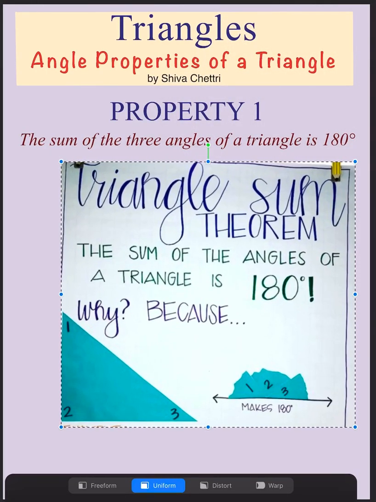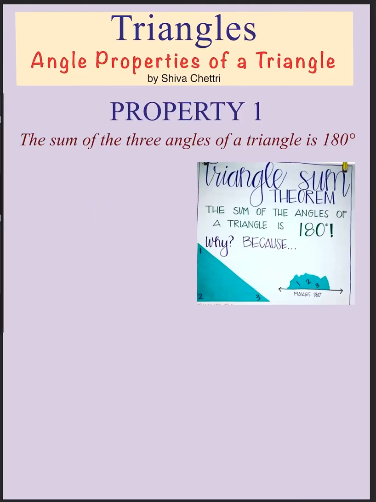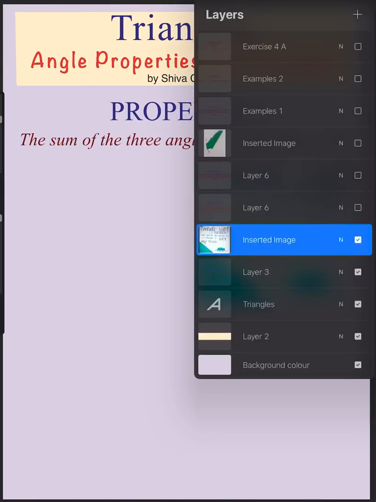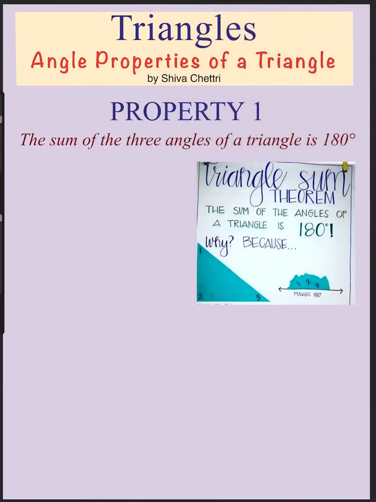Okay, so if you see here in the figure, we have this triangle, right? We have this triangle, and all the angles, we have angle 1, 2 and 3. So here it's an activity. You can also perform it at your home. You can just take a paper and cut it into any type, but it has to be a triangle. You need to keep in your mind it has to be a triangle. So if you make any triangle out of it and cut every portion of it,